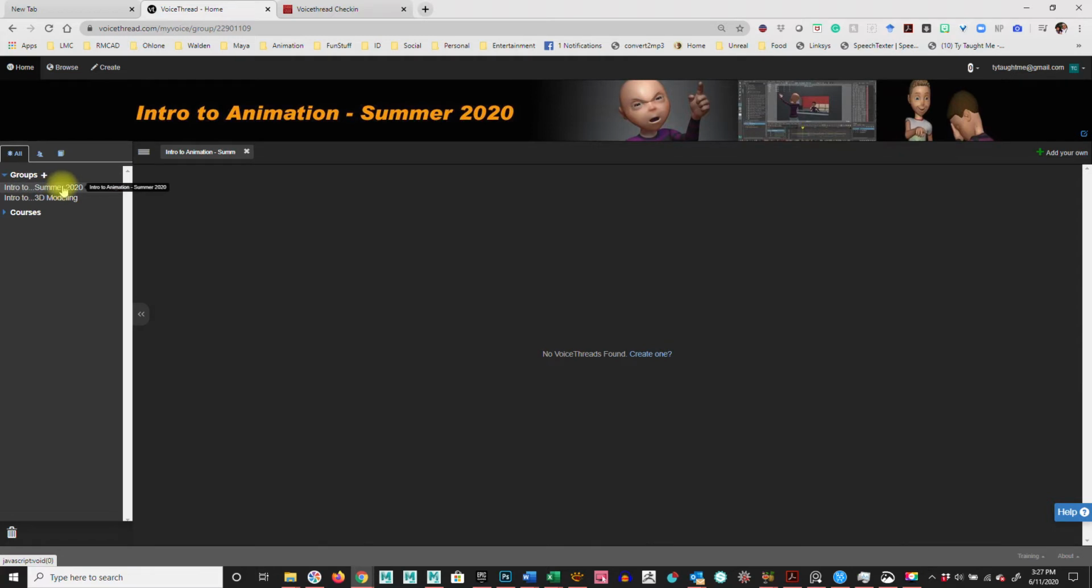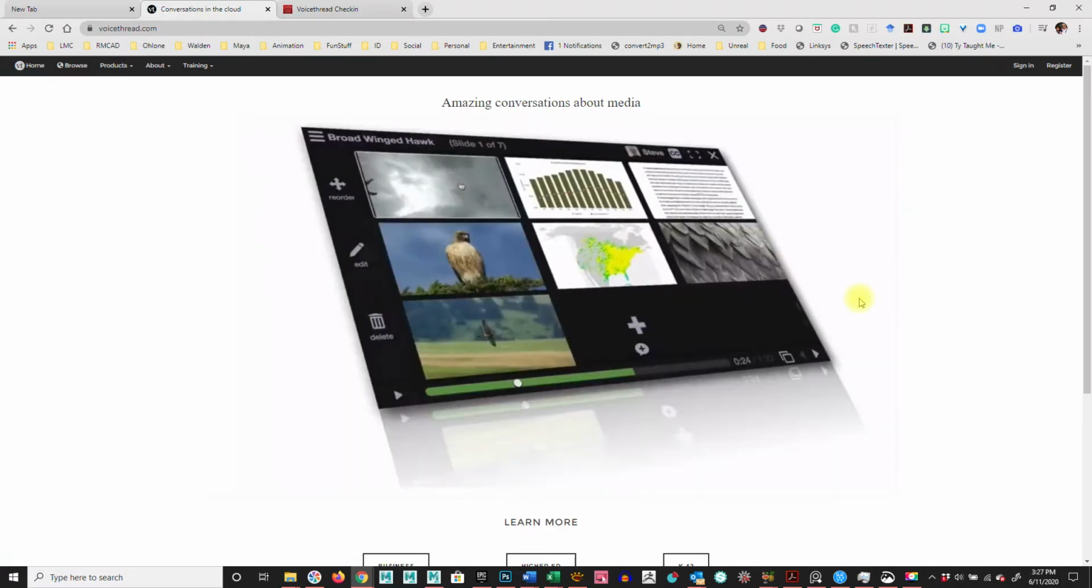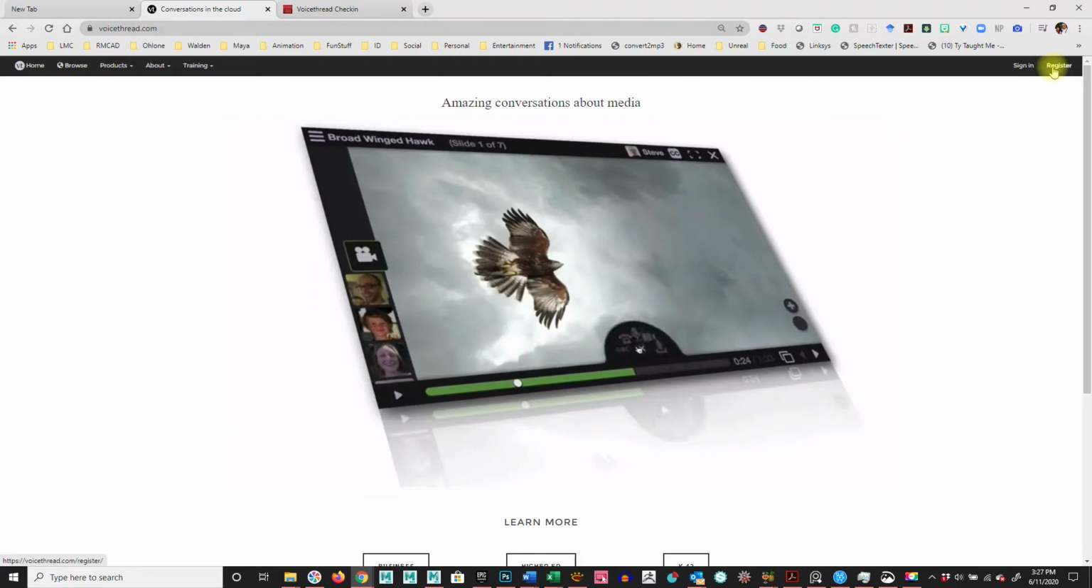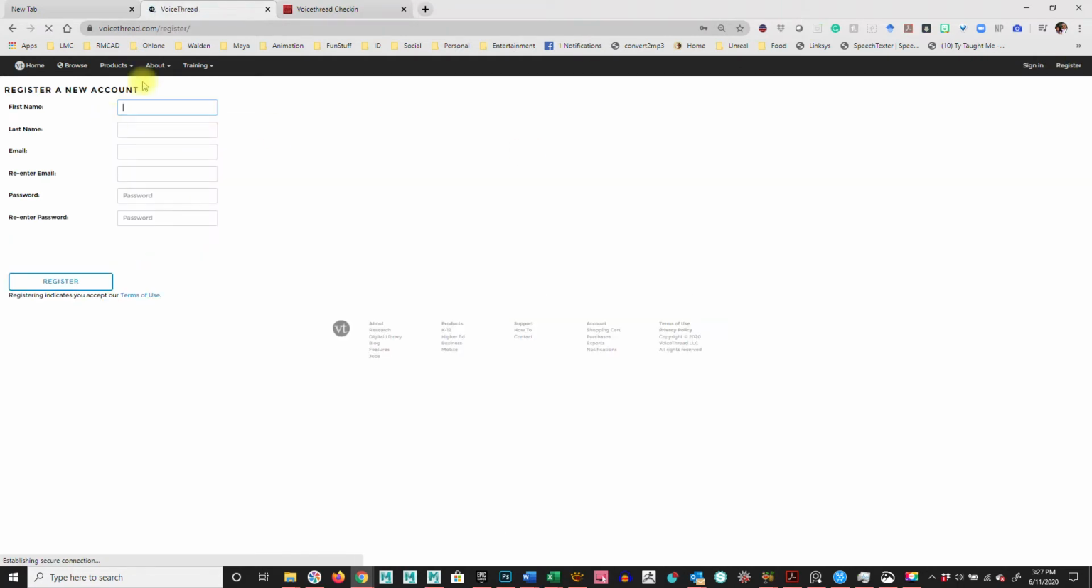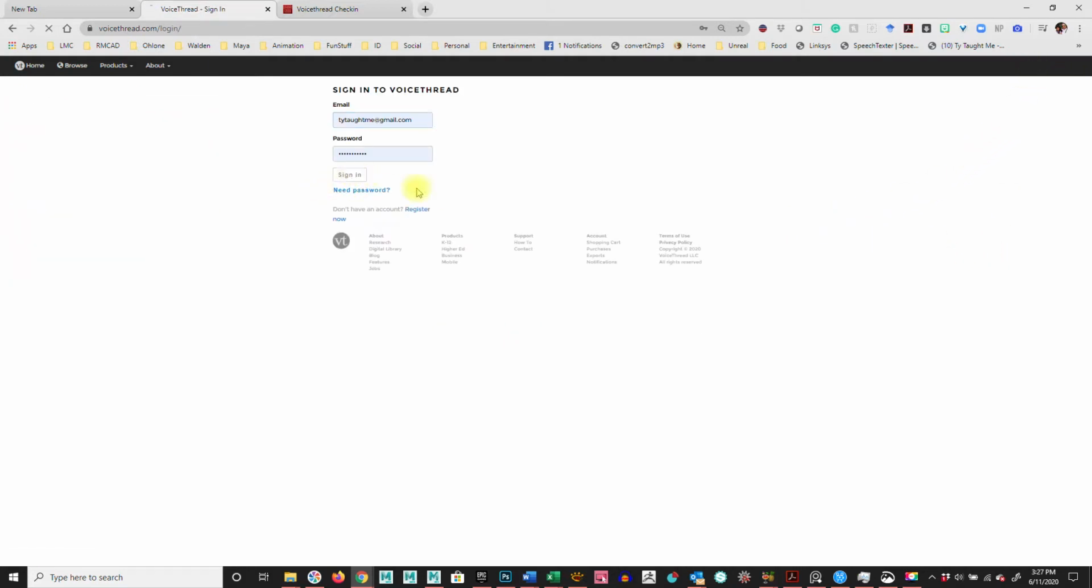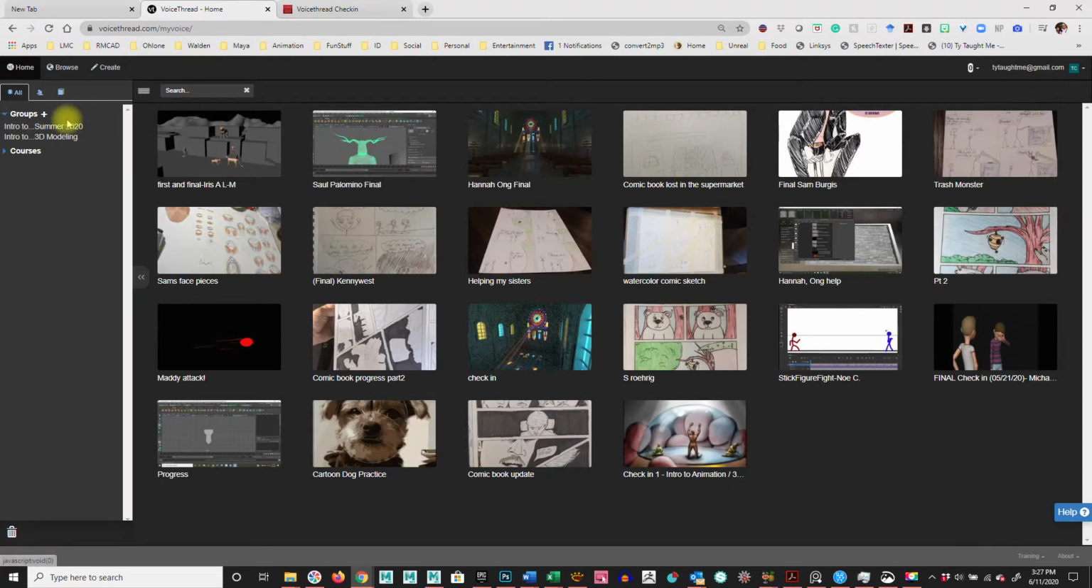Intro to Animation Summer 2020. And when you're actually in here, what you're going to have to do, I'm just going to sign out for a second so you can see what this looks like. You'll have to register. So you'll fill out this information, you'll make a password, you'll have your name, your email, and once you're actually registered and you have access to it, then you'll be able to click on that link and access the actual group